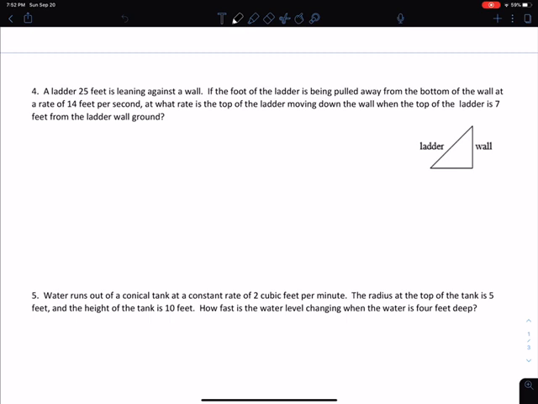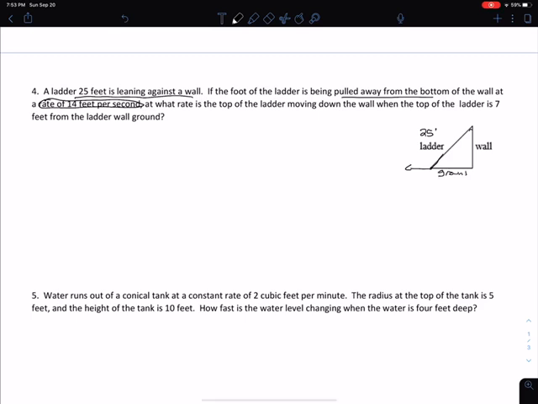In this case, we have a ladder that's 25 feet leaning against the wall. So I know that this ladder is 25 feet, so I'm just going to say that. The foot of the ladder, that's down here. Remember, this is the ladder. So the foot of the ladder is being pulled away from the bottom of the wall at a rate of 14 feet per second. Notice they're giving us that rate, so we know that this is a derivative. It is a rate of change. So it's being pulled in this direction, right there,